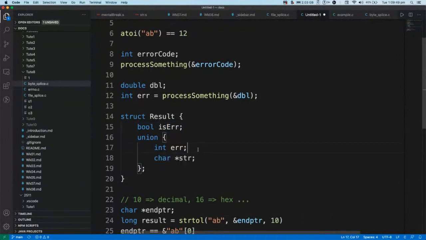And then this holds the data, right? And this uses what we're talking about with unions as well, right? So instead of storing both of them, it just stores one, right? But which one it is depends upon this Boolean, right? So something's called a tagged union. And the idea is that you're tagging this with some kind of true or false, or some kind of enum, or some kind of way to determine which one is toggled. And so in this case, when we're dealing with errno,